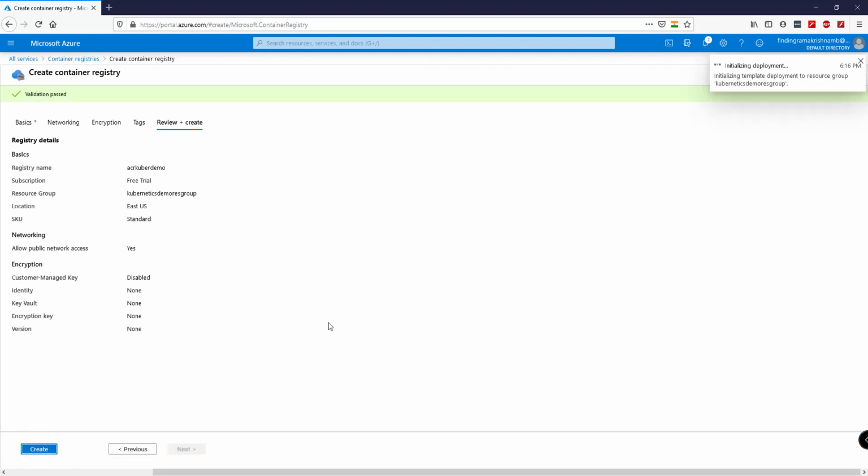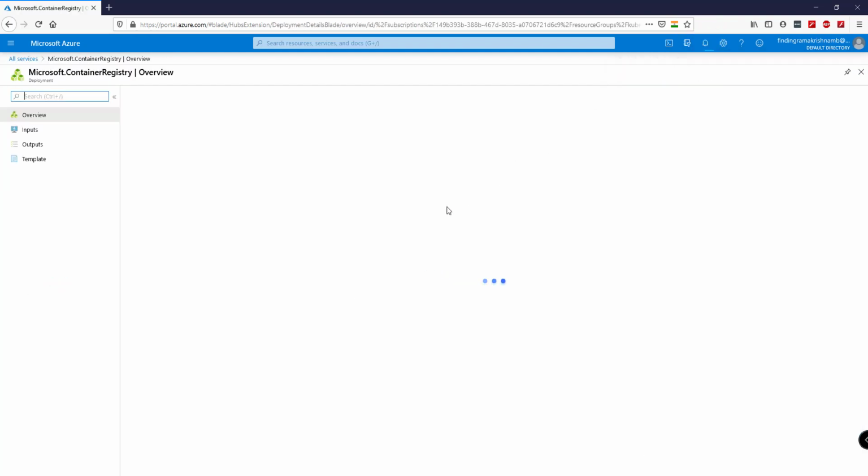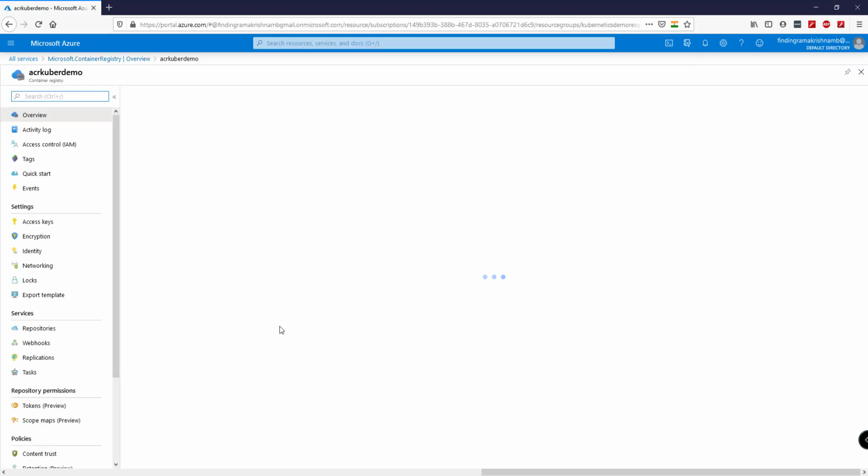Click on create to create the registry. Our container registry was created successfully.